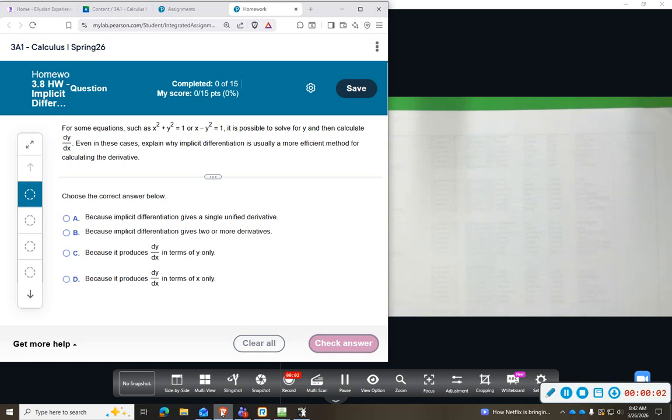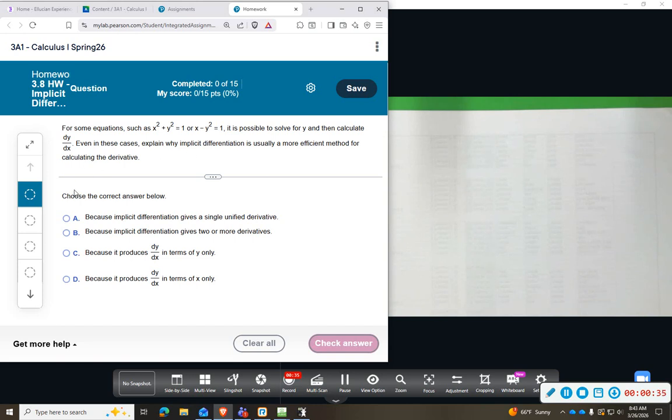All right, today we're going to be looking at 3.8 implicit differentiation. First, we have a definition. As you go through the textbook, it kind of explains why we're doing implicit differentiation. But it tells you that for some equations, such as x squared plus y squared equals 1 or x minus y squared equals 1, it is possible to solve for y and then find the derivative. But even in these cases, it says explain why implicit differentiation is usually a more effective method for calculating the